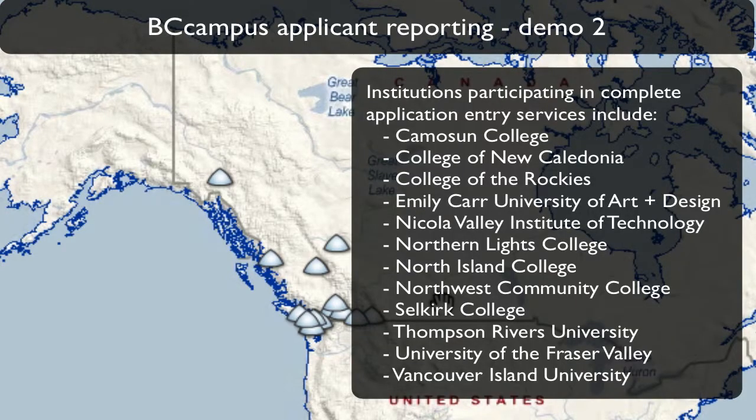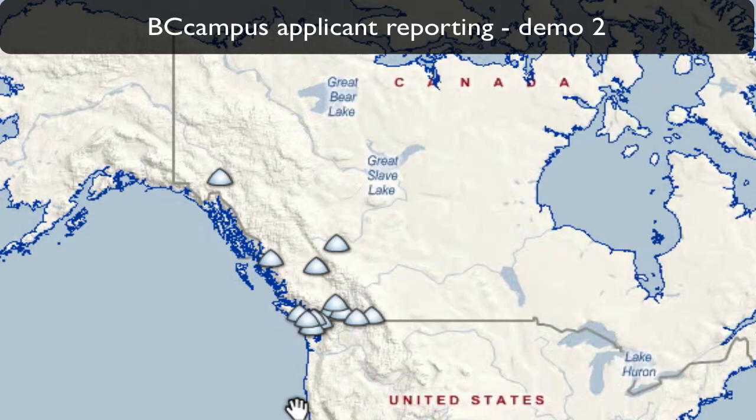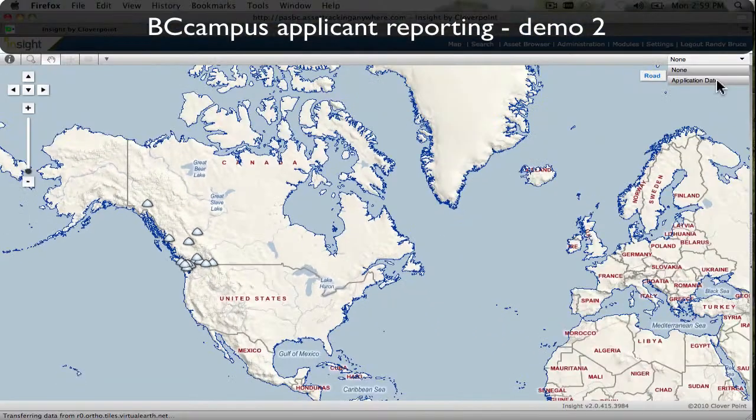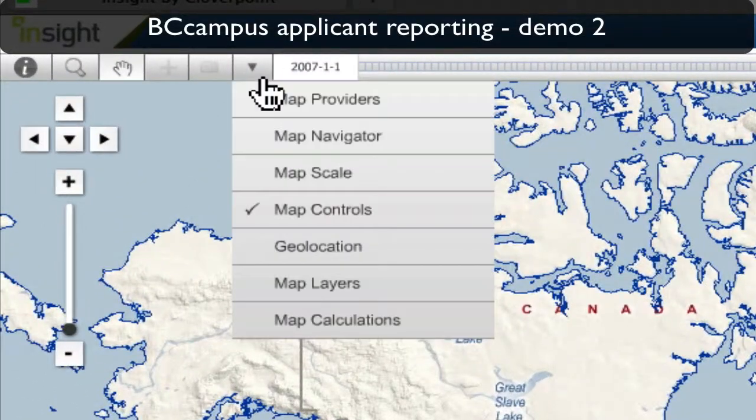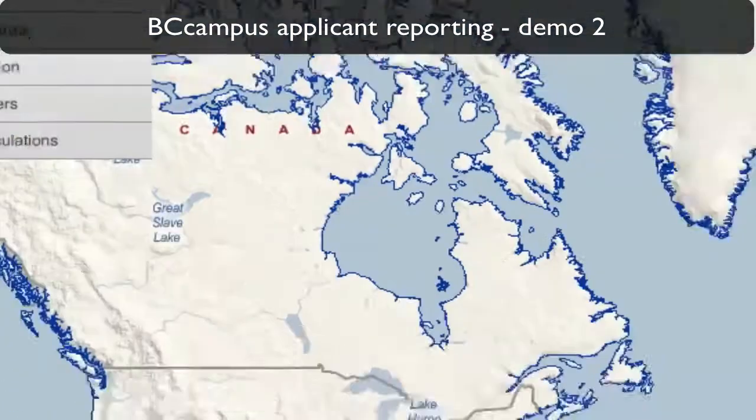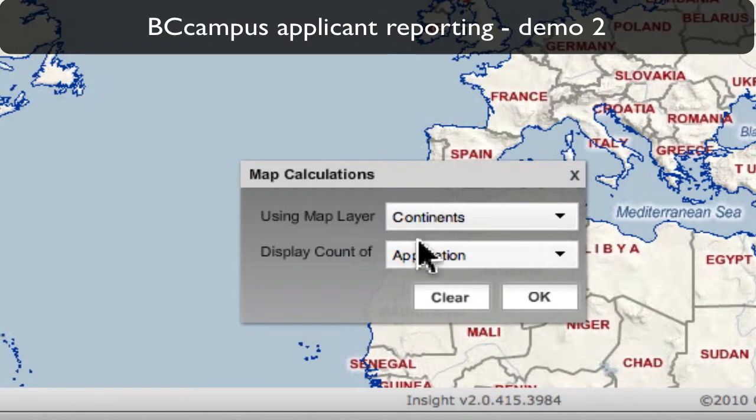This is Demo 2, and it shows some map-based reporting capabilities based on the originating location of applications to participating institutions with a sliding timescale. So what we're going to do is to switch from the institution view to the view of application data. And to do that, we'll bring onto the map some calculation capability, and we'll just run it by continent to